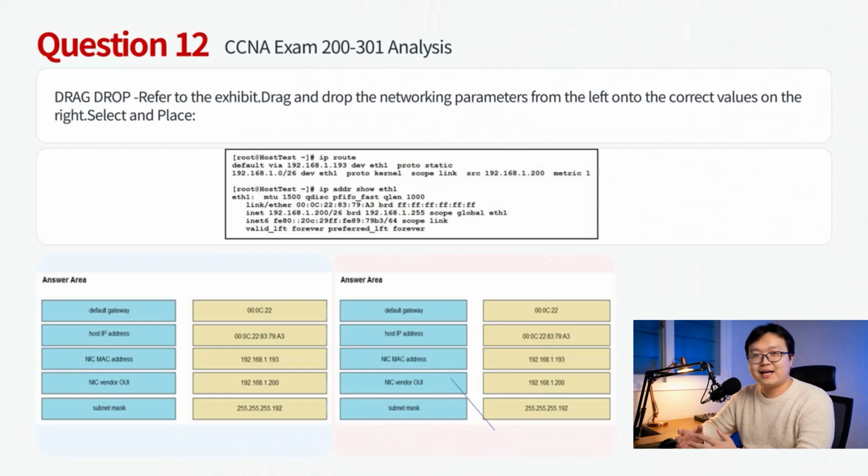The default gateway is the IP in the default via line, 192.168.1.193. The host IP address is the address configured on the interface,